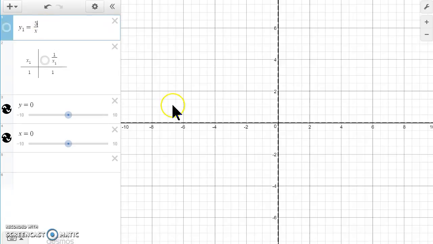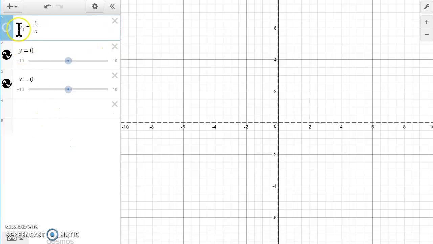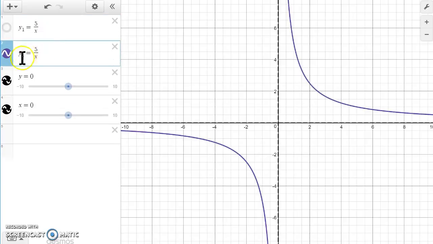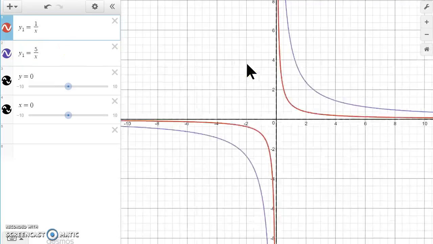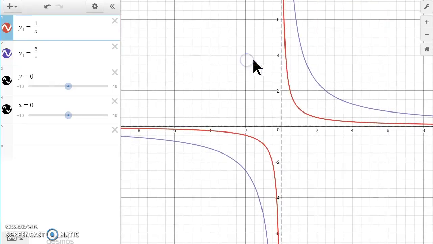Okay, so if today I want to know what the graph of, say, 5 over x is, how is that going to make the graph different? Let me just copy this. Let's say my original y1 is 1 over x, and now I have 5 over x. You can see that the red graph is my original 1 over x. And when I change the 1 on top to 5, my graph looks like it's now,